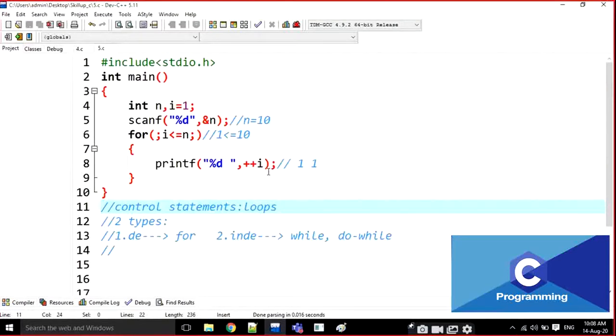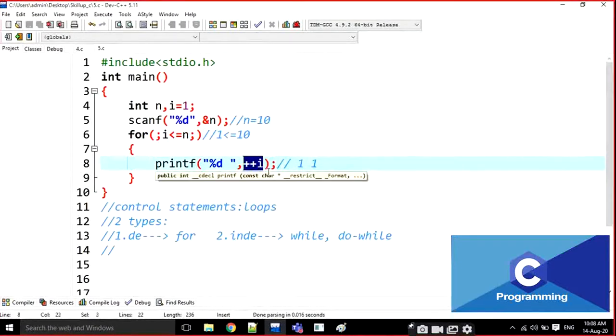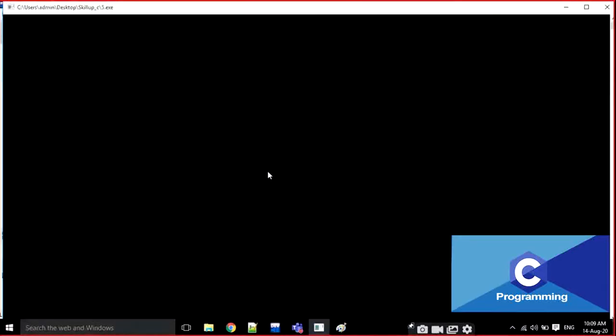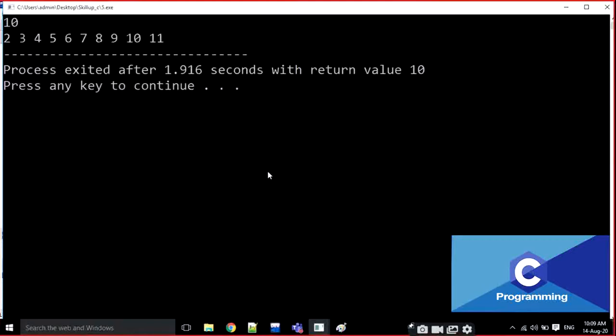If I am doing any increment with plus 2, then it will go for only even numbers or only odd numbers. Here I am incrementing only plus 1, right? If I am doing plus 1 every time, for example I is 1, here it is going to be incremented and printed as 2. For the last value, I is 10, 10 is incremented as 11 and 11 is printed. The output is 2 to 11.